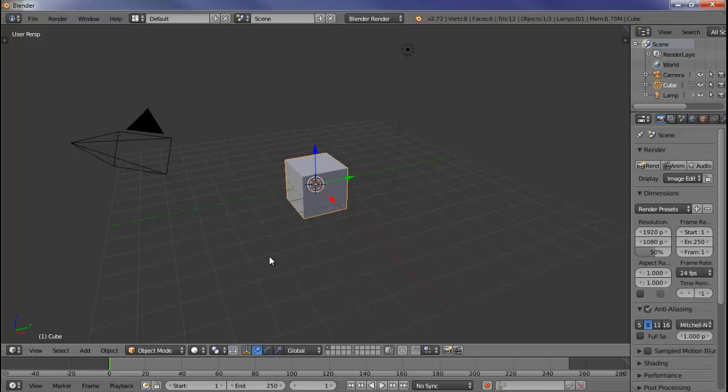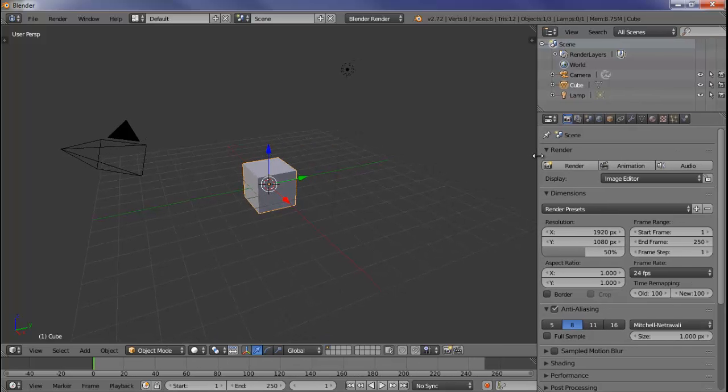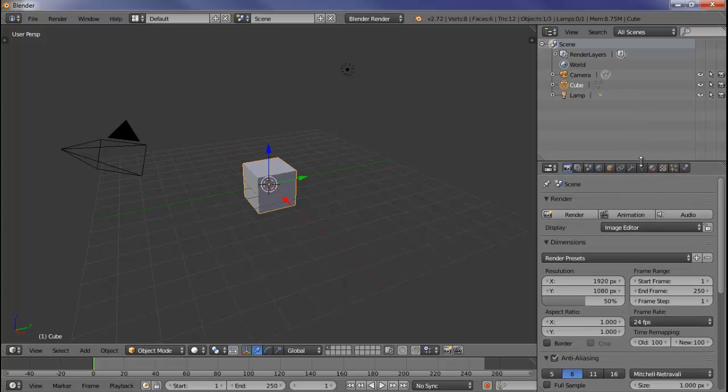Now, it is likely to turn out that we're going to need that UV panel somewhere down the road, but we still want all of our current panels visible. Panels, it's a new word, you'll like it. So what to do? Well, let's customize our layout a little bit. First, let's hover on the side of our Properties panel until a double arrow appears. By clicking and dragging, we can resize any of our windows. This method also works vertically. Now let's put that back